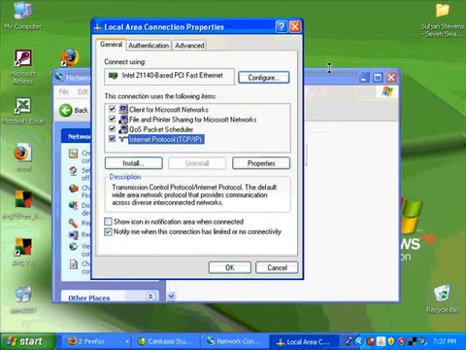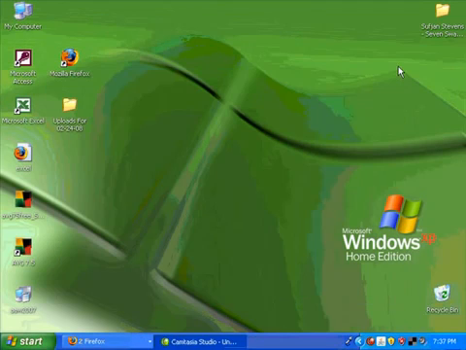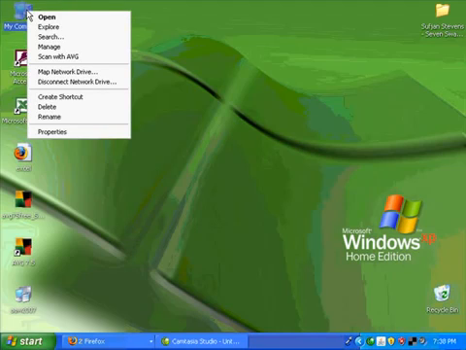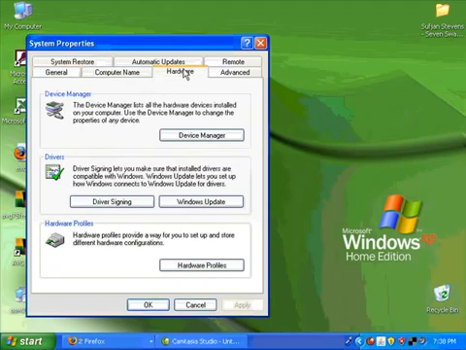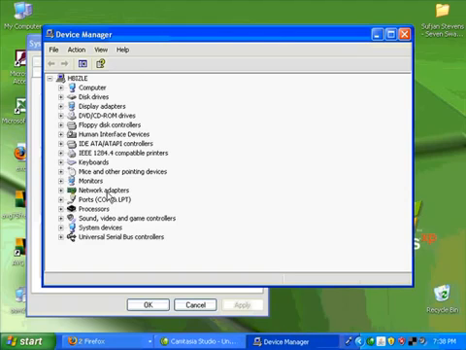So now if that doesn't work, I might try reinstalling the network card, which, just like all the other devices I'll show you how to reinstall, is simply done by right-clicking on My Computer, going to Properties, then the Hardware tab, Device Manager,